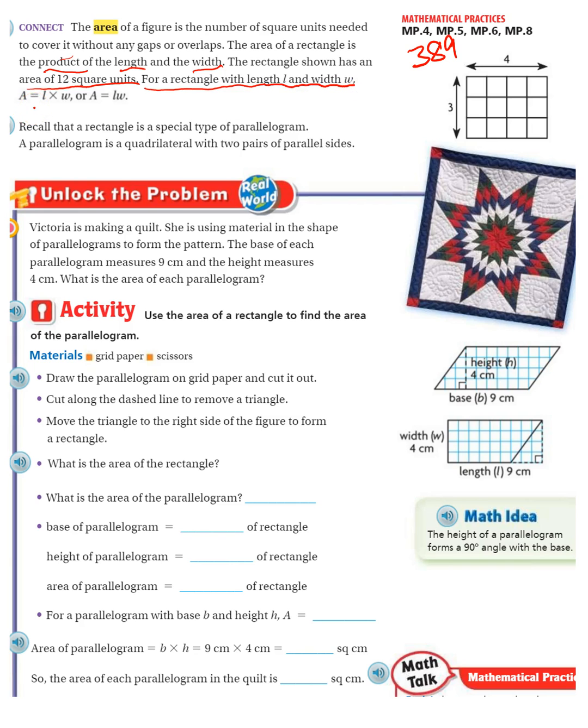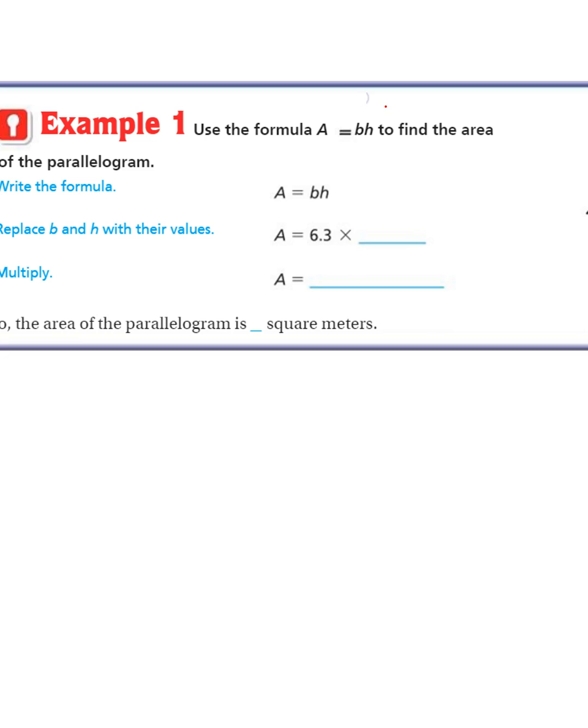So the formula for area is A for area equals length times,